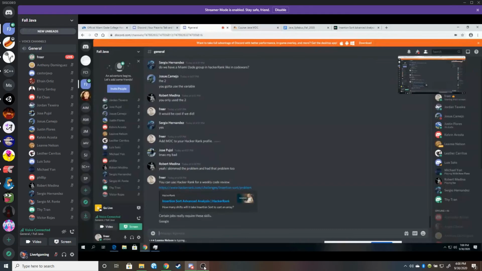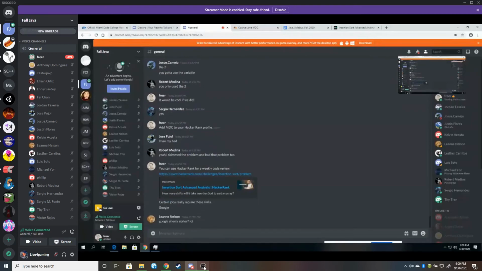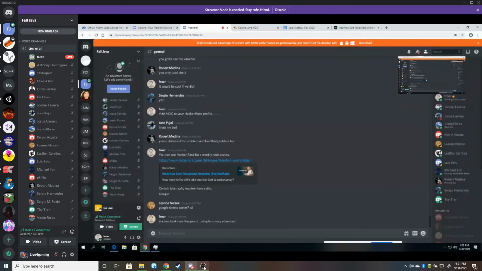So if you get good at these skills, it can really open up a lot of doors, but it's not necessary. Yeah, exactly. For just being a programmer, a developer who uses Java, who uses all these things, you don't need to worry about that. But I guess what I'm saying is HackerRank runs the gamut of really simple to very advanced, just kind of like Code Wars, how they have the level 1 problems that very few people have solved. But it's a really good site.